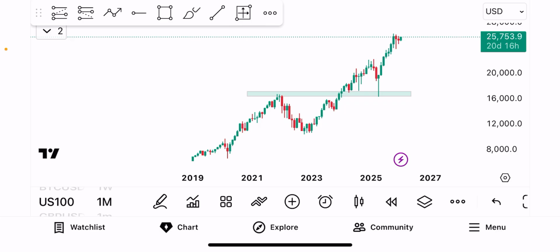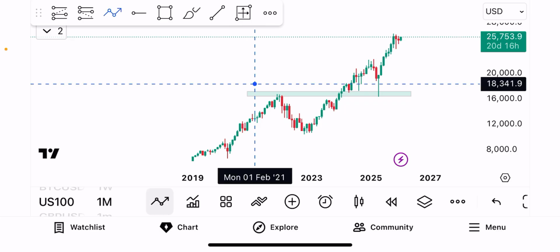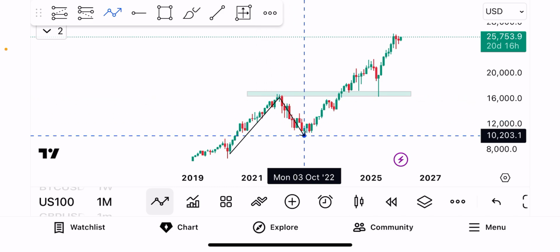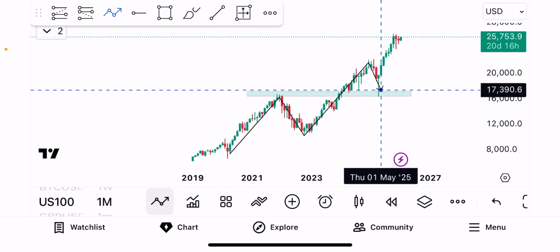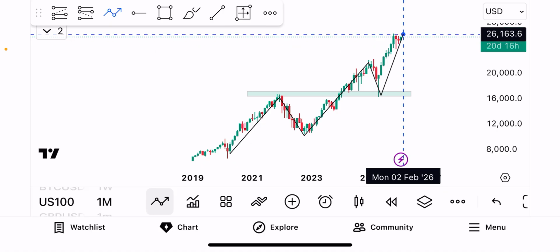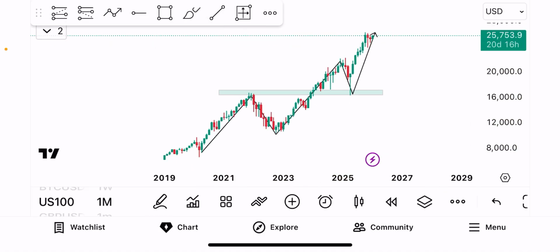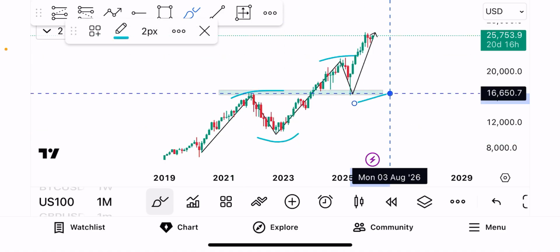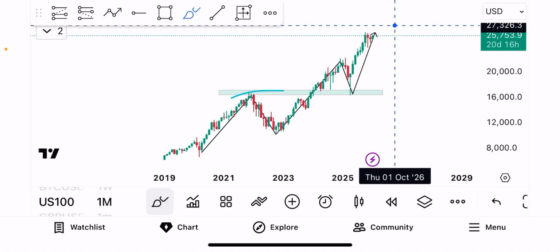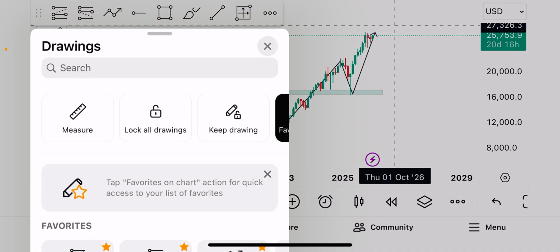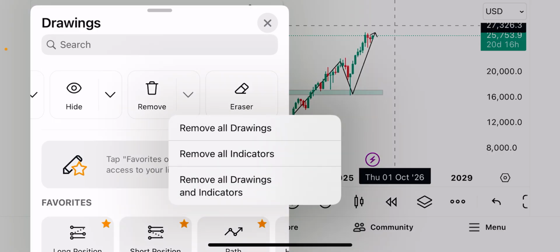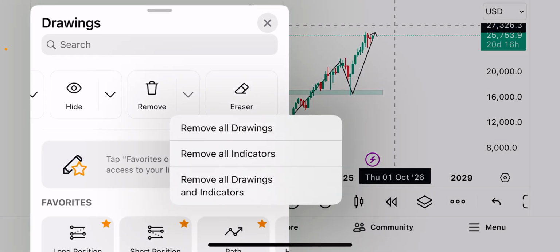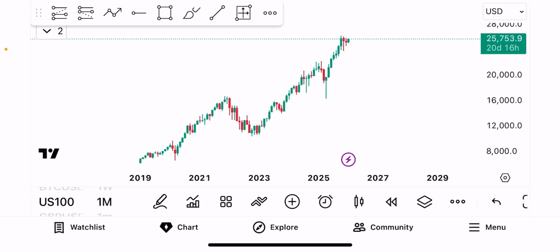In the market trend for US 100, it is bullish. We see how we are having impulse move, correction, impulse move, correction, impulse move. This is a general characteristic of a bullish trend. When we are having higher high, higher low, higher high, higher low, higher high, it simply shows that the market is trending bullish. And if we check for the structure, we see that in US 100 we had a break